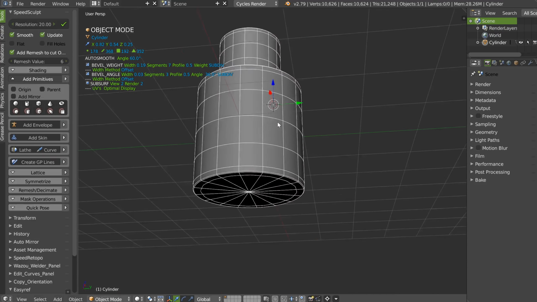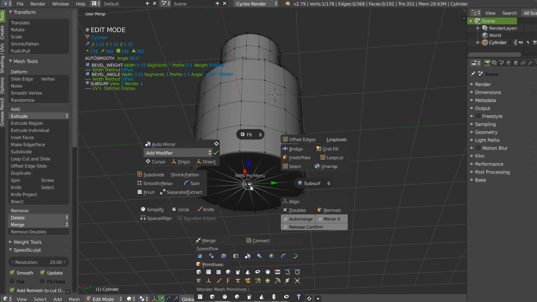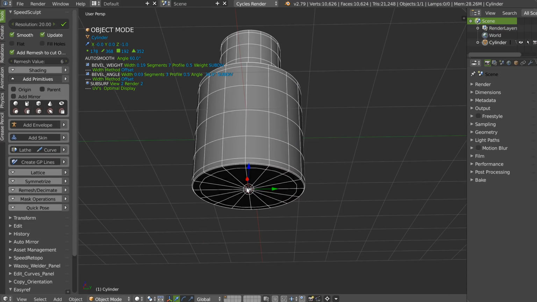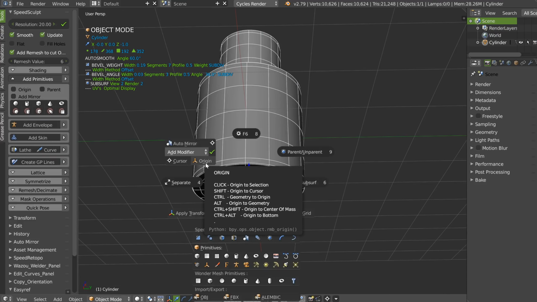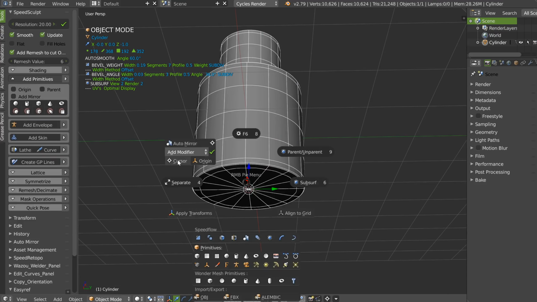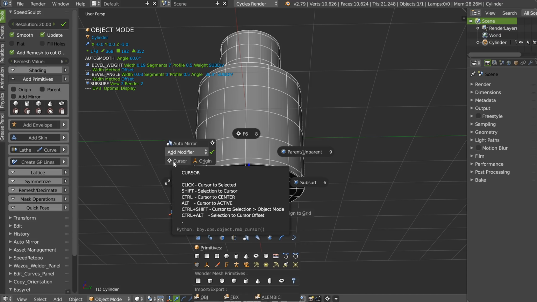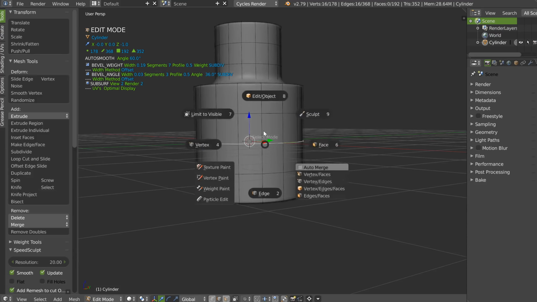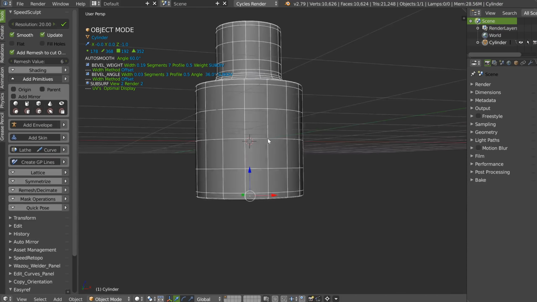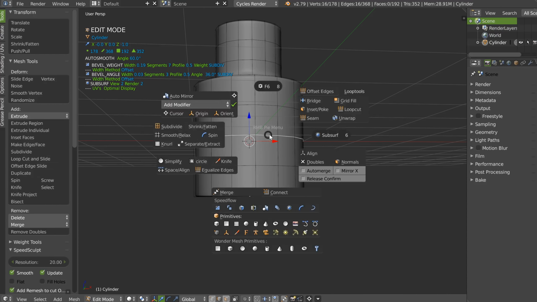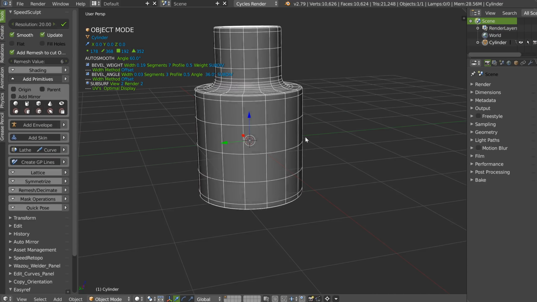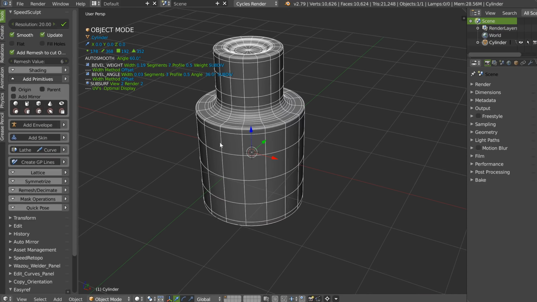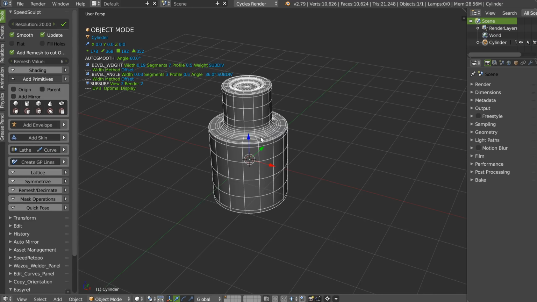Okay, that's it. Select origin like this, and in fact I have some other options: origin to selection, origin to cursor, geometry to origin, etc. Same for the cursor. If I put this here, cursor to selected, I select this one, cursor, my cursor is placed. Okay, simple. Select this one, cursor, origin, and that's it, my origin is placed. So as you can see, this is faster.